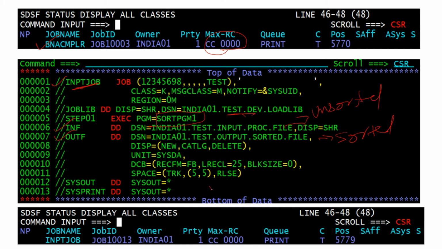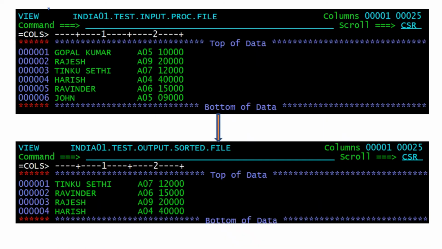Okay, after that I have submitted this job, and my job is completed successfully. And after this, what happened, I will show you the file. We have the input file, this one, and the output file, this one. So my output file will contain the records whose salaries are greater than 10,000 only. Here you will see the 10,000 record, so this record will not be written into the output file. This also is not written. So all these records are written in sorted order, as you have observed here.